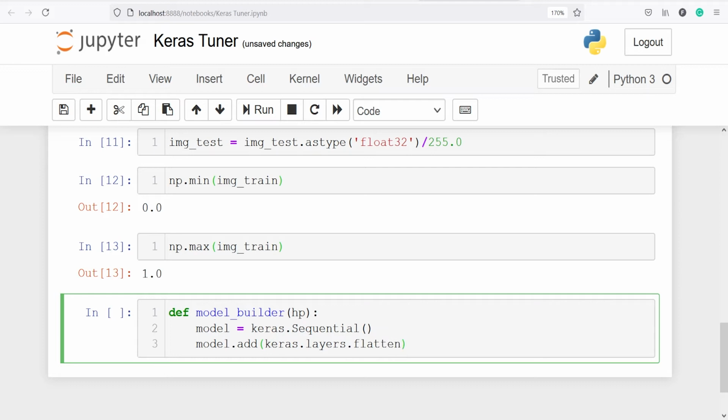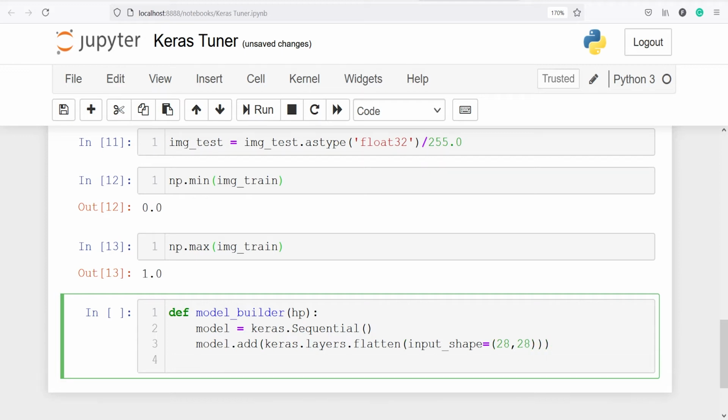This will flatten the image, and then we have to pass input underscore shape, and we have to give the input shape here. So the input shape is going to be 28 by 28 because our images are grayscale and their shape is 28 by 28. Then I'll make one variable hp underscore units. First I will define this, then I will explain it to you. Then I will call hp.Int units,